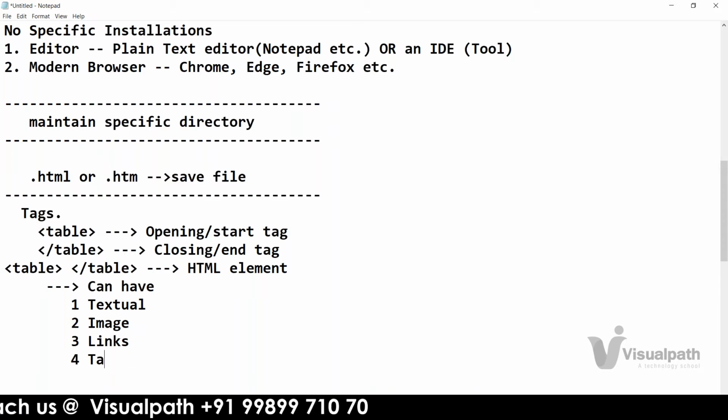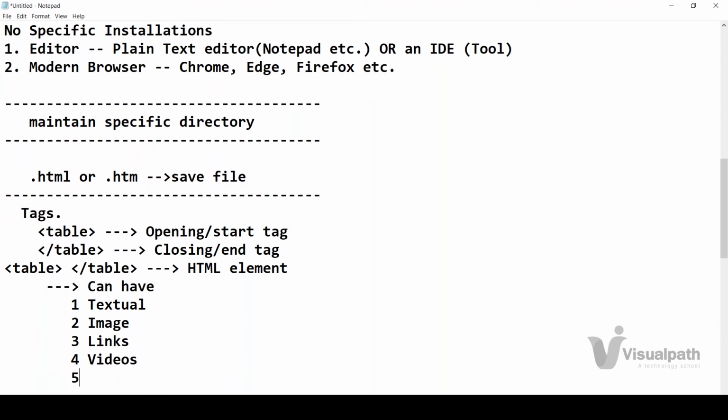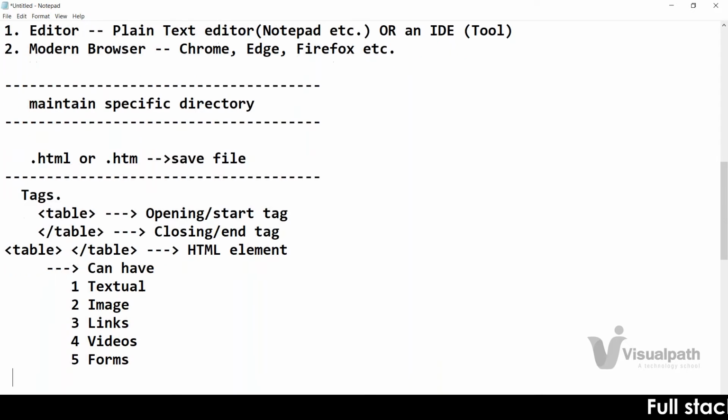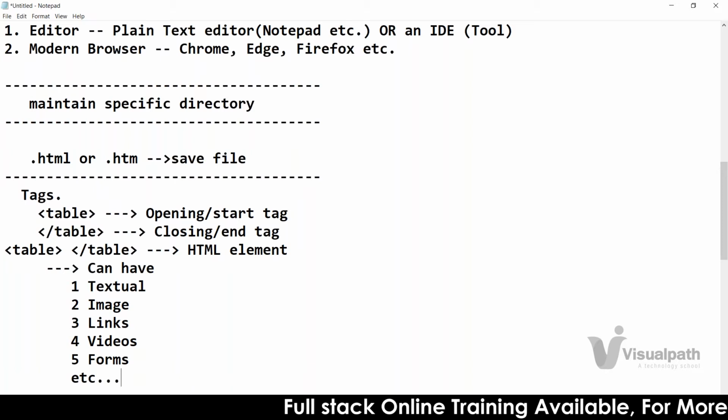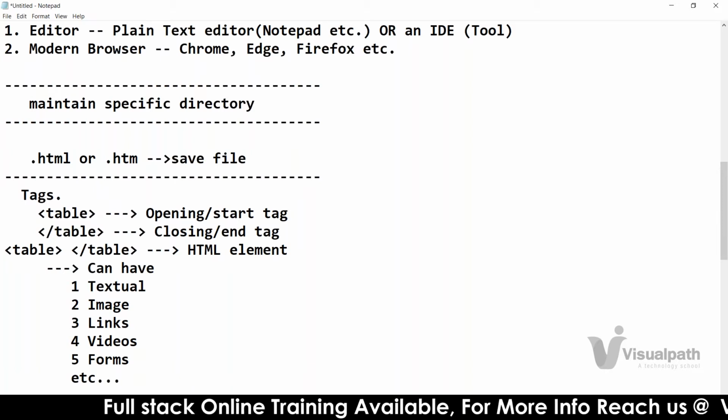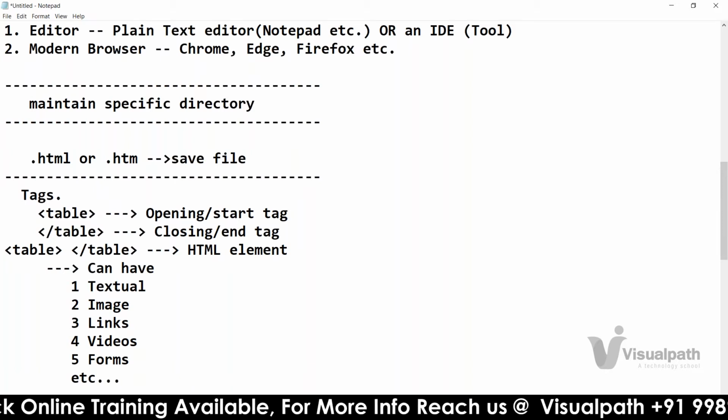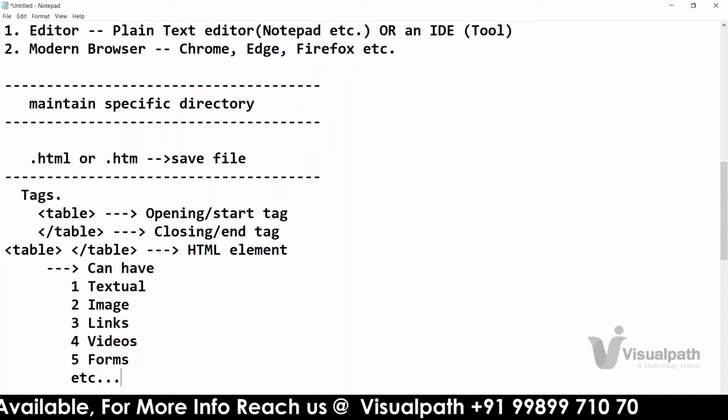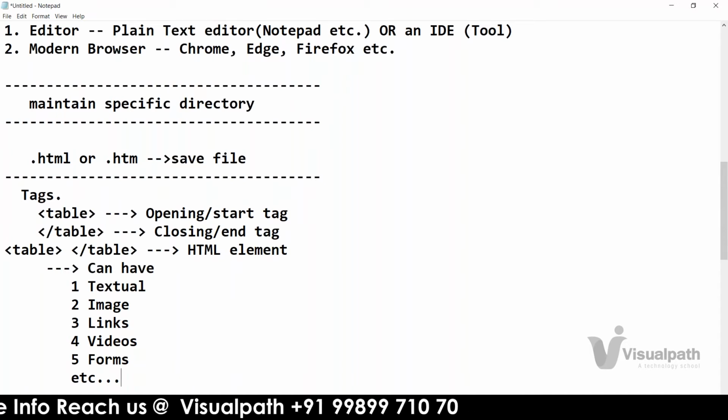It can be anything, even videos or audios, or even forms, where people will be entering data, etc. It can be so many things. So this HTML element can have any data, right?